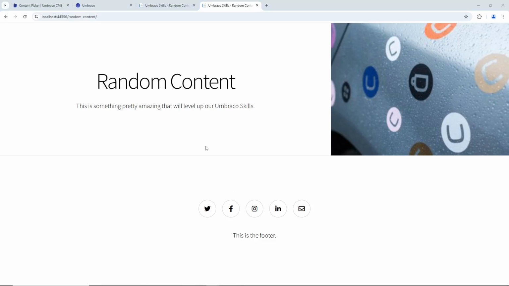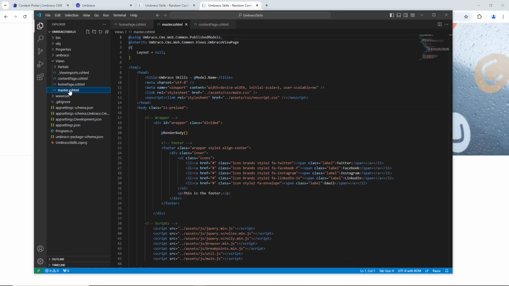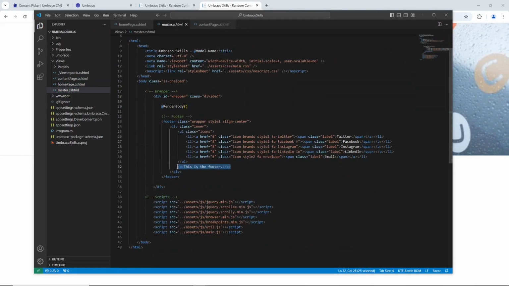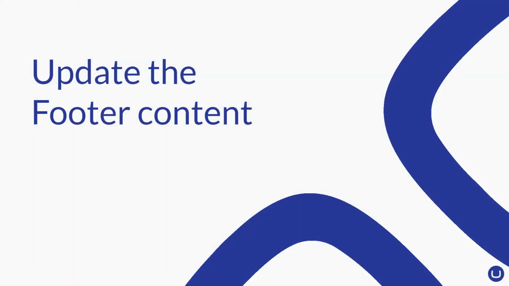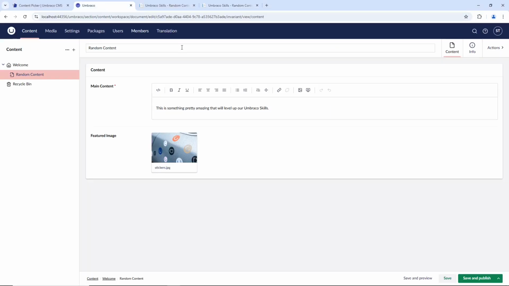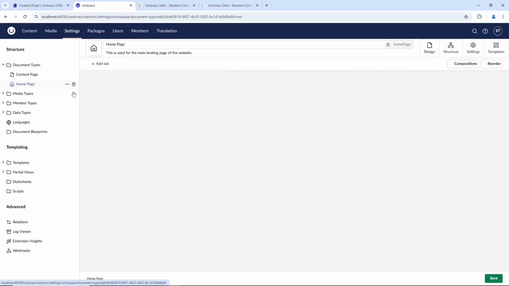Now, we still have some static content on this website. For example, down here in the footer, this text here is pretty static. It comes from our master template. In here, it's the text right here. So let's try to make that dynamic as well. So let's head back to the back office and we'll make some changes to the homepage document